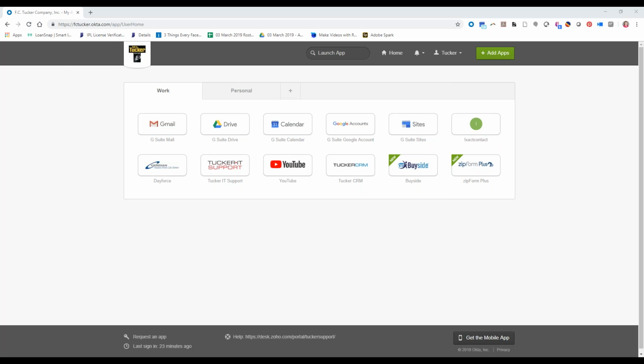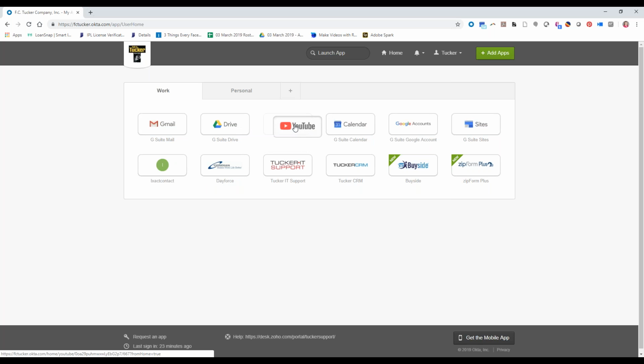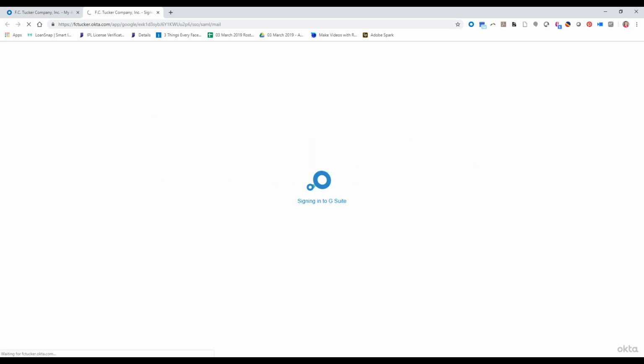So I'm on my Okta dashboard right now, and from here I can get into, as I'm sure you're used to doing, my Gmail, my Drive, my calendar. Just a reminder, these icons, you can move them around. I think the calendar starts off in a funny place. You can move it somewhere more convenient or wherever your eyes go first. So this is where you can access some of those G Suite items like Drive or Calendar. I'm going to go into my Gmail,